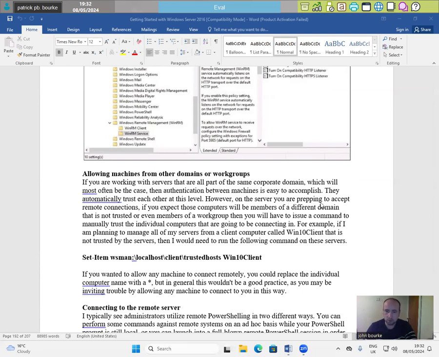However, on the server, you are prepping to accept remote connections. If you accept, those computers will be members of a different domain that is not trusted, or even members of a workgroup. Then you will have to issue a command to manually trust the individual computers that are going to be connecting in. For example, if I am planning to manage all my servers from a client computer called Win10Client that is not trusted by the servers, then I would need to run the following command on these servers: